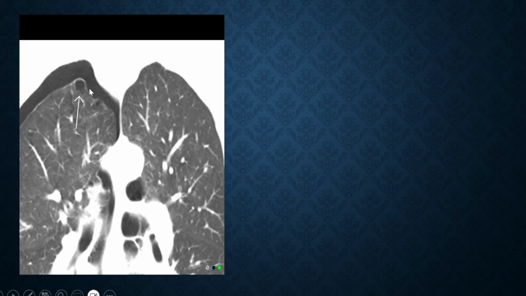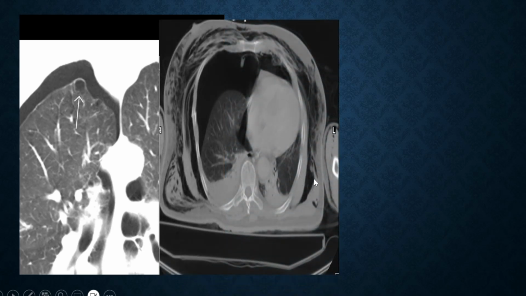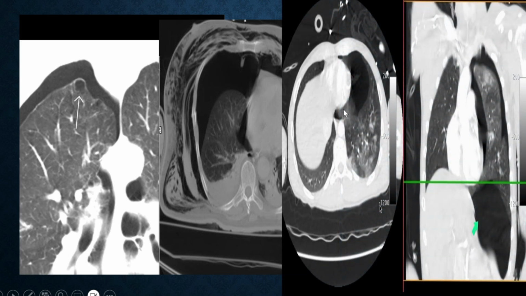Now we can see in this HRCT image there is a small bulla which ruptures and causes the pneumothorax. This is the open type of pneumothorax, in which we can see extensive subcutaneous emphysema with pneumothorax. And this is the axial and coronal HRCT image showing the pneumothorax with depressed diaphragm. So this is the tension pneumothorax.